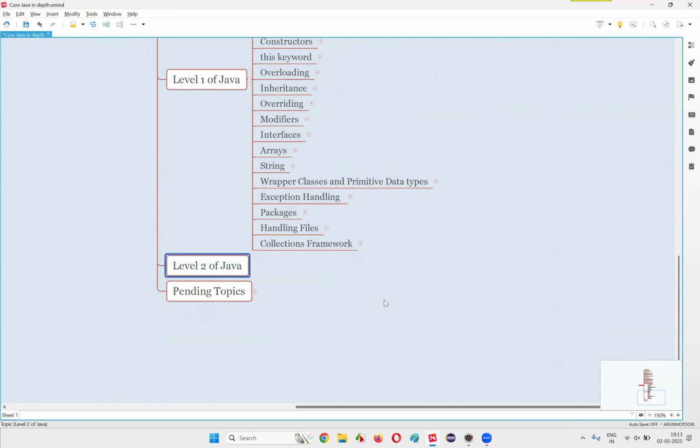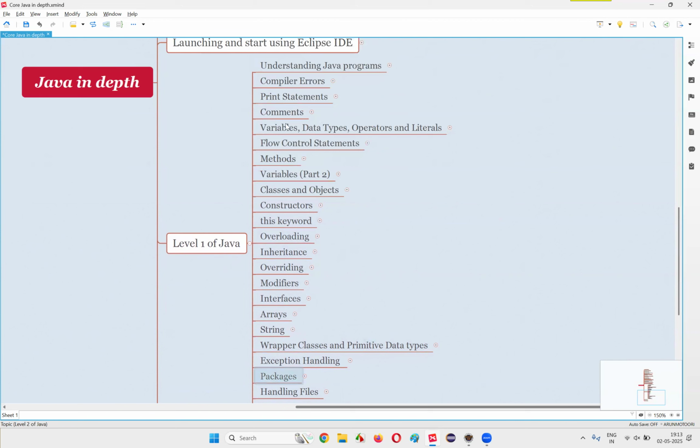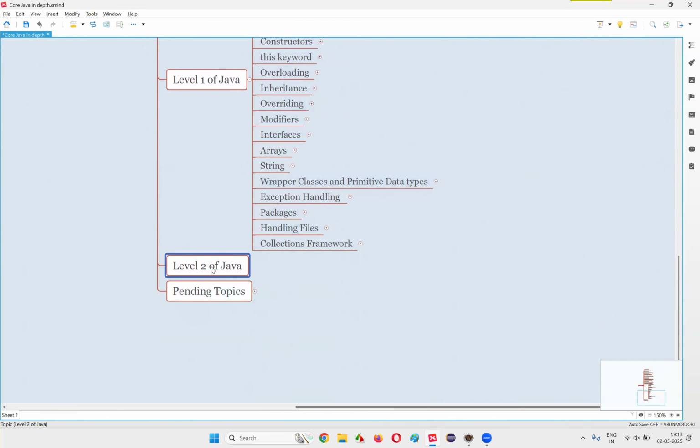But in level 2 of Java, after you get comfortable with Java concepts, you will aim for in-depth knowledge. In level 2 of Java, each and every topic, even more than these topics, will be covered again in depth level. From start to ending, you are going to learn each and every topic of Java.